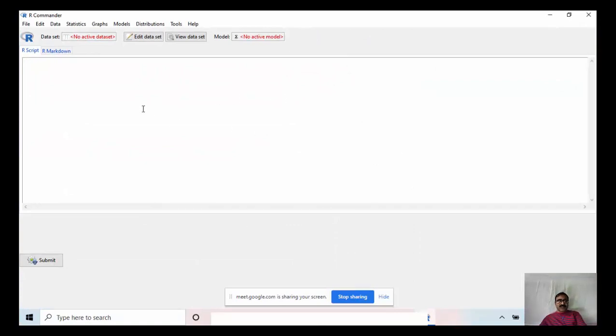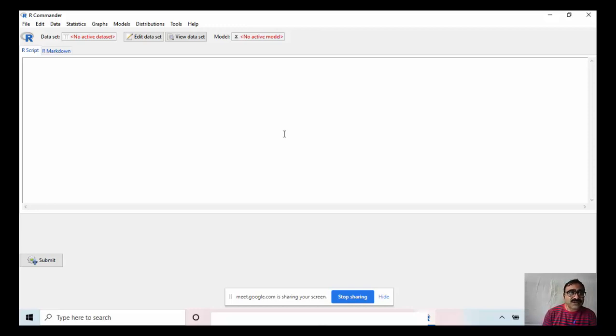So working with R Commander becomes easy. We are always preferring SPSS. Why? We are preferring SPSS because in SPSS we need not write any command. Whatever is in the menu option, we are just clicking on it and getting the results. So that is the advantage of SPSS, and that is why SPSS is becoming more popular. Here R Commander is also a similar kind, but one advantage is that it is completely free. You can download and install and work with R Commander.